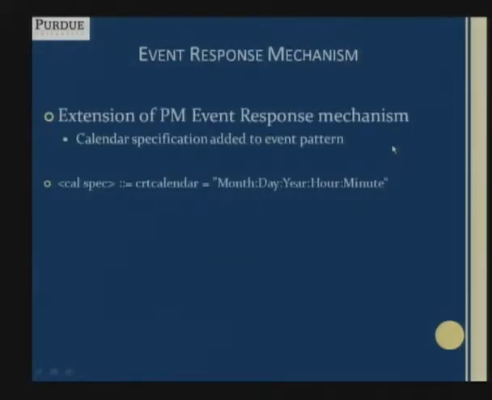The calendar specification has been added to the event pattern, which allows taking time sensitive action. The event in the calendar specification is activated when the current time matches the time specified in the script. In this case, the script is compiled and enabled in the Pulse server. All actions coming under the calendar specification are scheduled to execute at the future time. And if that time has already elapsed, then the actions are performed immediately. This is the grammar for the calendar specification.